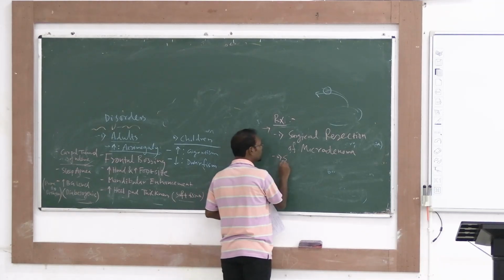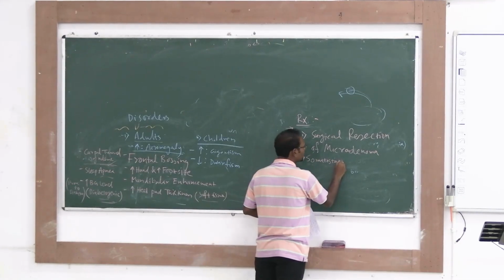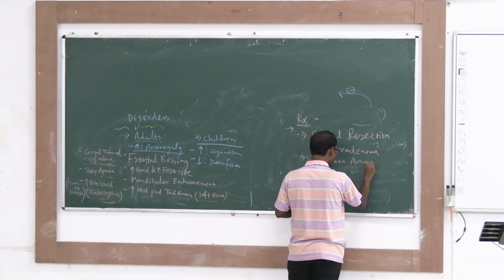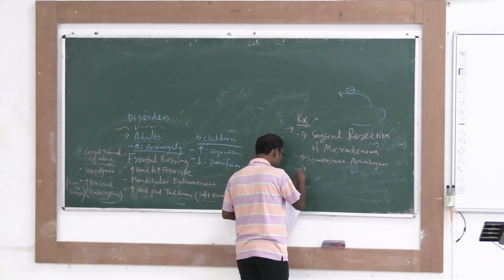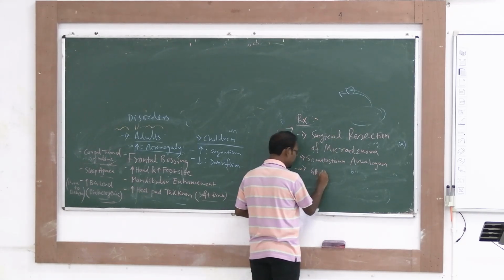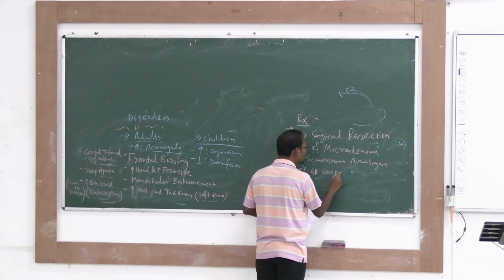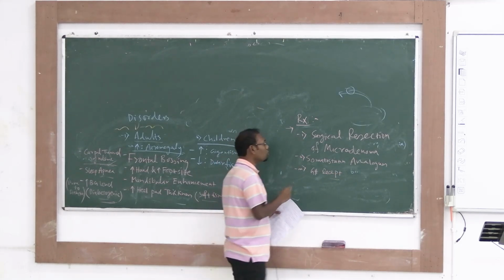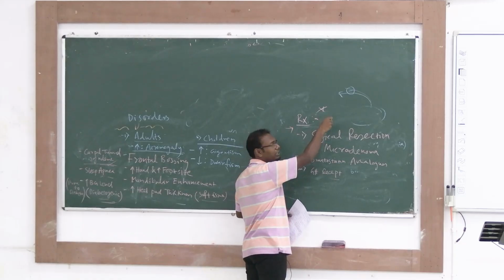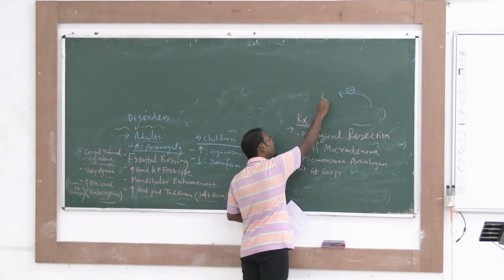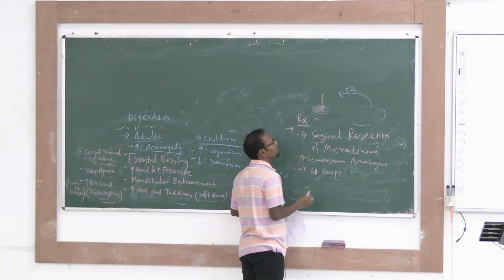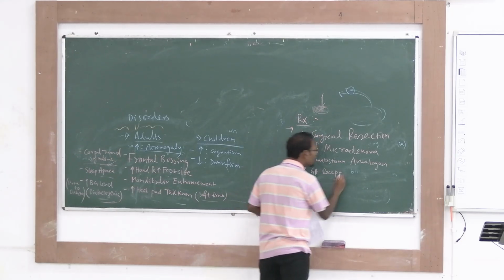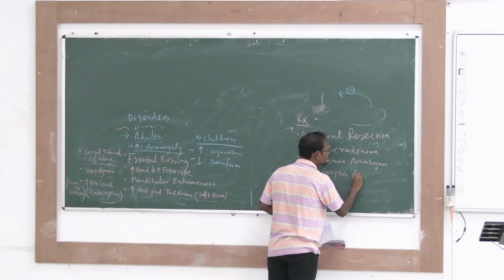Second, we can give somatostatin analogs, we have already discussed somatostatin analogs, that was octreotide. Third is growth hormone receptor antagonist. What was the growth hormone receptor? Cytokine receptor. So if we block something at the receptor, what will happen? Growth hormone will come but will not be able to connect with the receptors. Now if they are not able to connect with the receptors, their actions will be hampered. So growth hormone receptor antagonist.